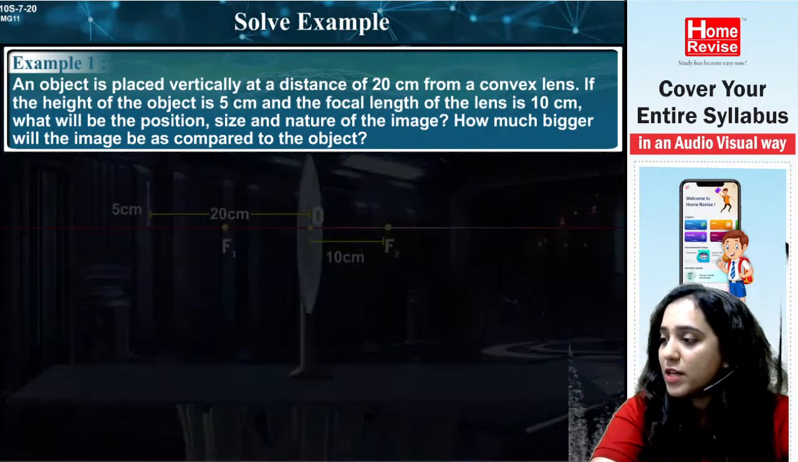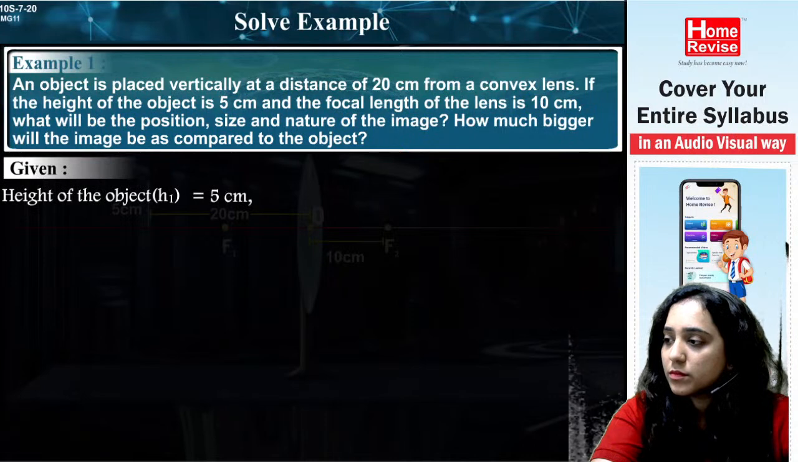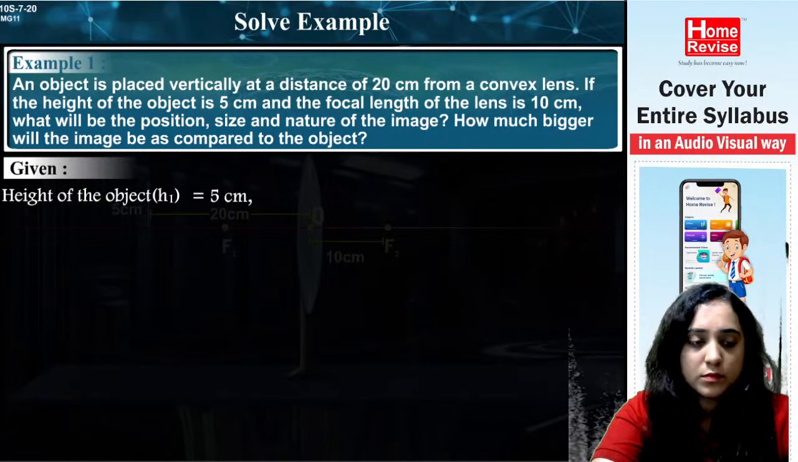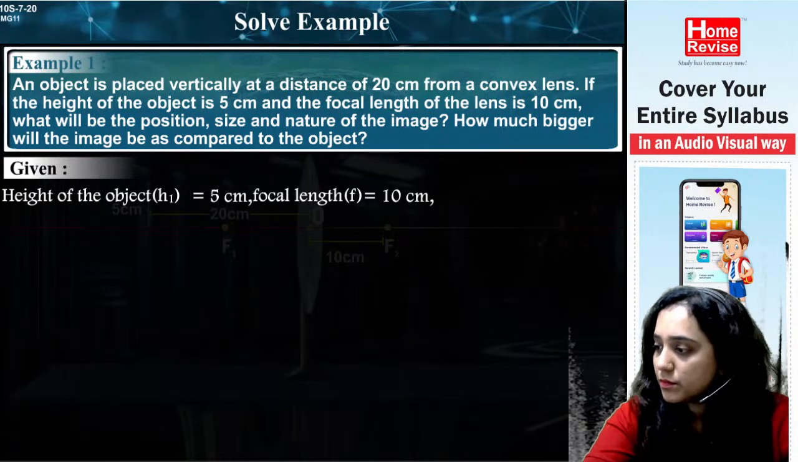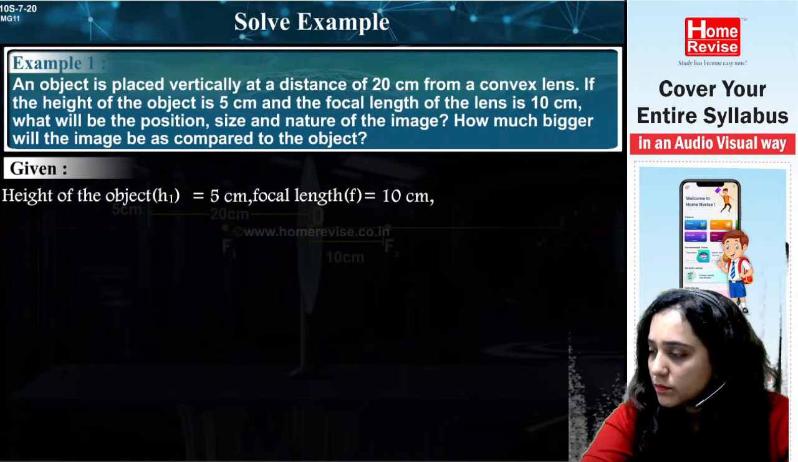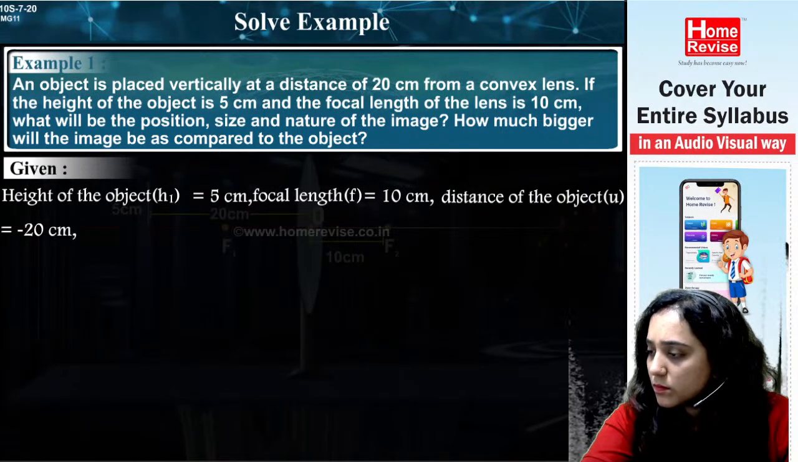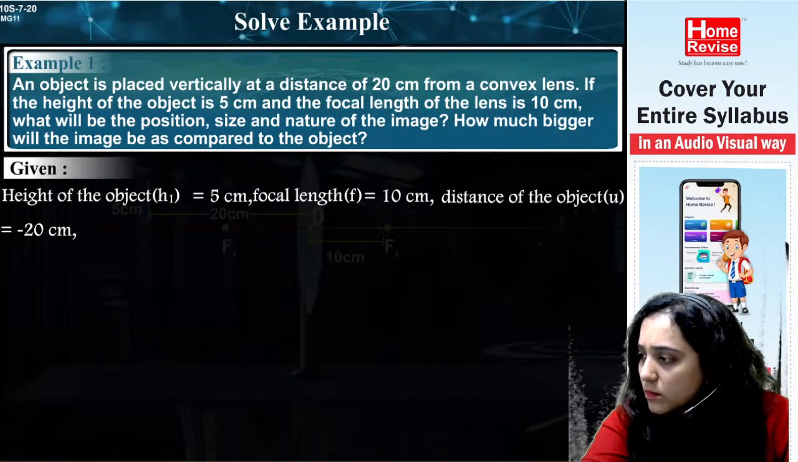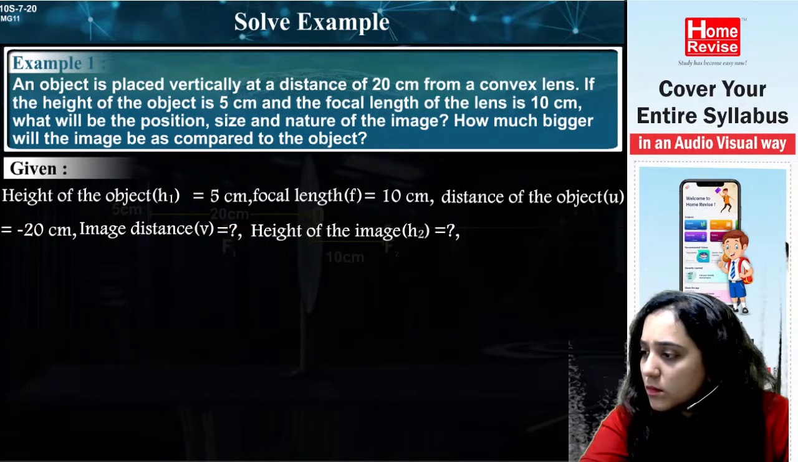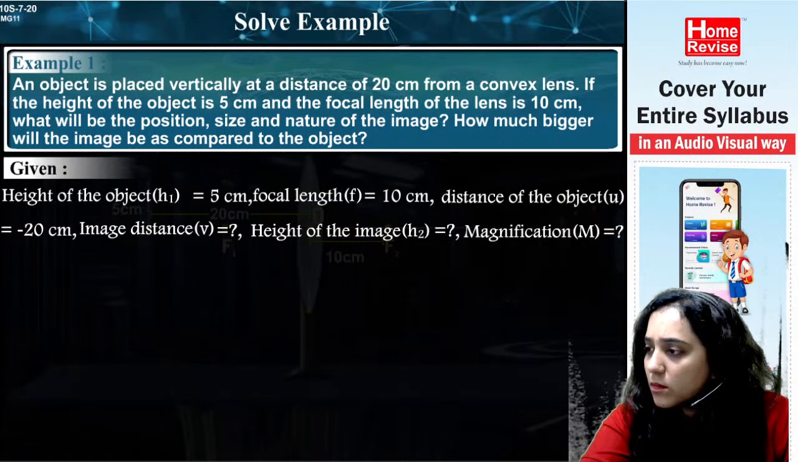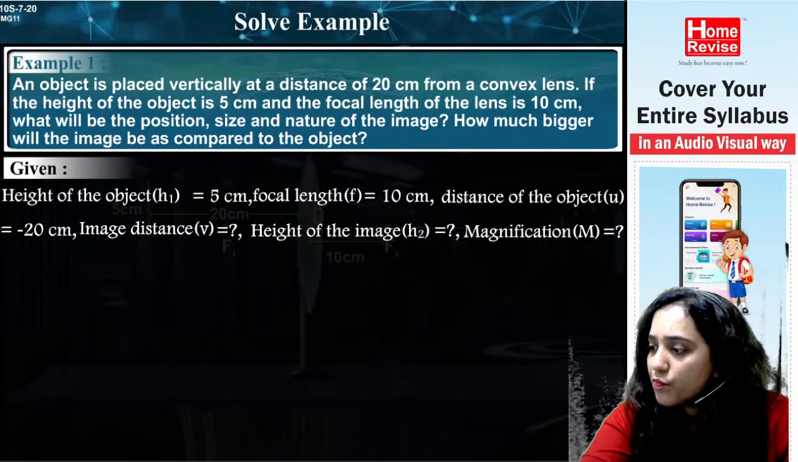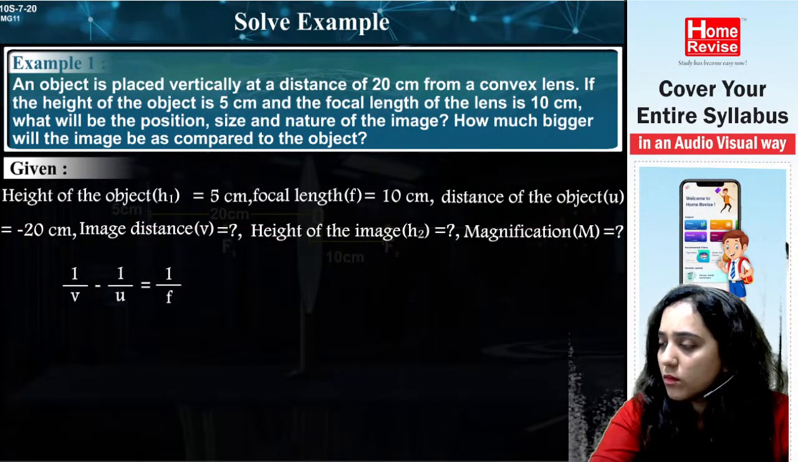Yes, everyone pay attention. Given: height of the object h1 is equal to 5 centimeters. Focal length f is equal to 10 centimeters. Distance of the object u is equal to minus 20 centimeters. What is the image distance v? What is the height of the image h2? What is the magnification m? Using the formula 1 by v minus 1 by u is equal to 1 by f,